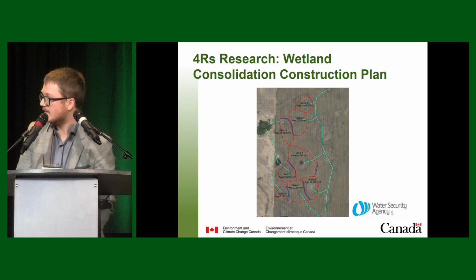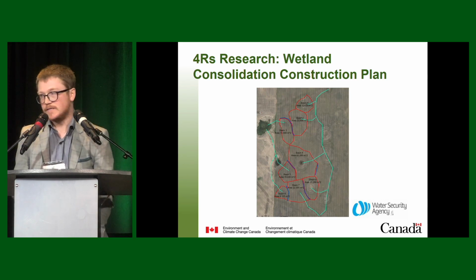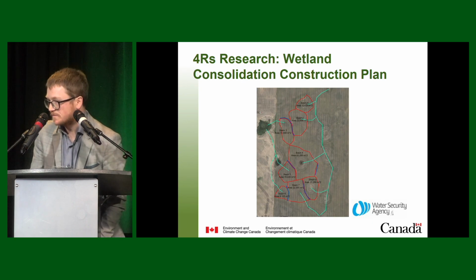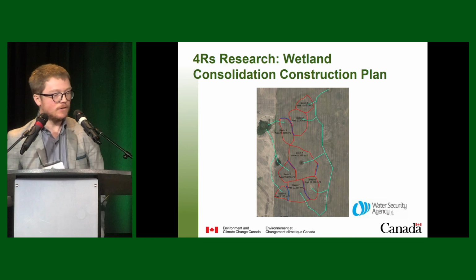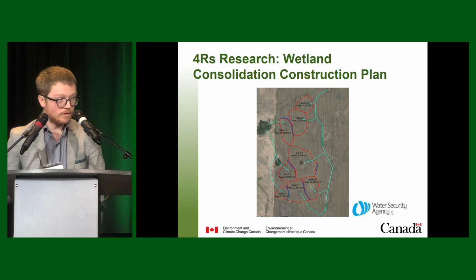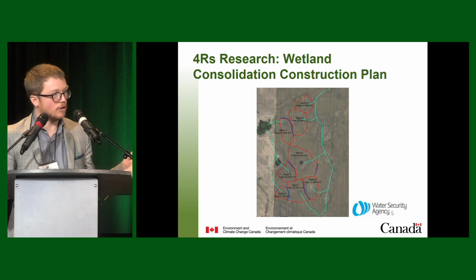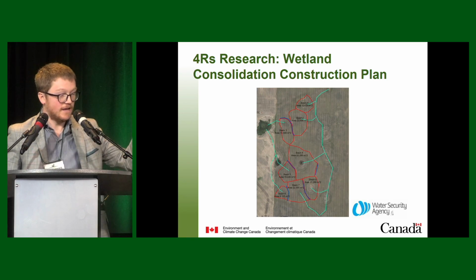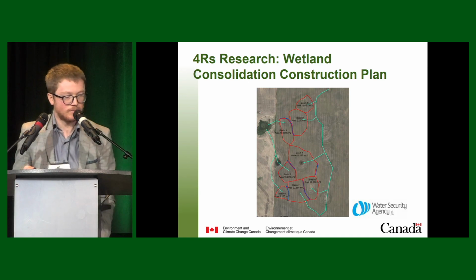What we're looking at is this field site where there's 8 hydrologically isolated basins within this field site. And you can see those outlined in the red polygons. And then the teal lines show the location of surface channels that were constructed to channel that runoff water, as a part of a wetland consolidation study, to a permanent wetland in the middle of the property.